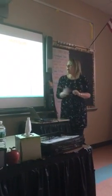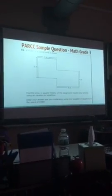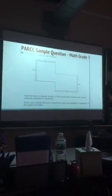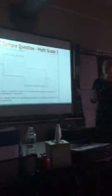All right, and then there's a math sample question. What I like about the math part is there's a lot of explanations required. Some of our students don't like it that much because when they think about math, they think about adding numbers together, multiplying them, dividing them, choosing an answer, and moving on. The PARCC really wants our